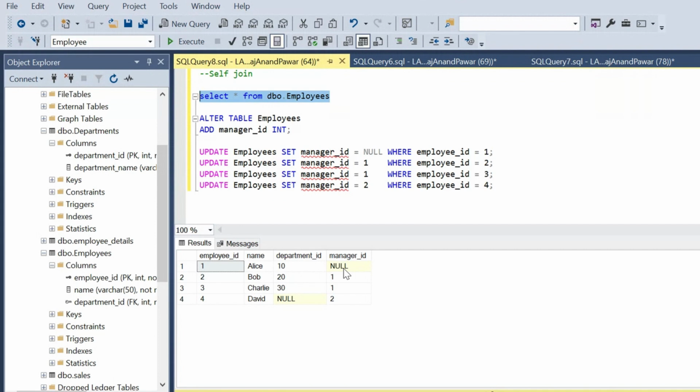Okay, so basically if you have not created any new table, you can directly create one using create table. How to do that we have already discussed in the first session of the join, as well as in the separate session. We have created the table there, we have created the database, as well as we have seen the insert into command to add the data into the table. So all these things we have already discussed. Here I just wanted to update one column in the table. That's why I'm not going to explain again in detail here. But from here you can understand we just added one column named manager ID, and we